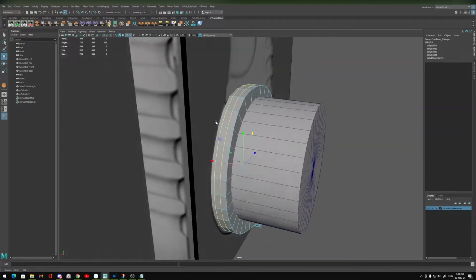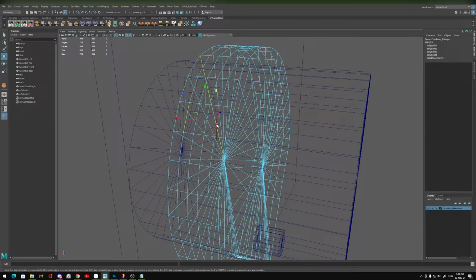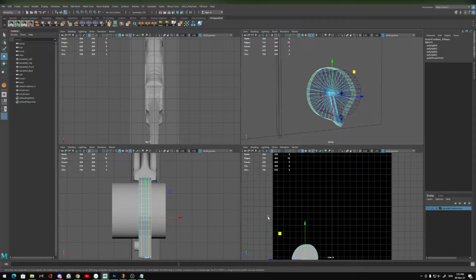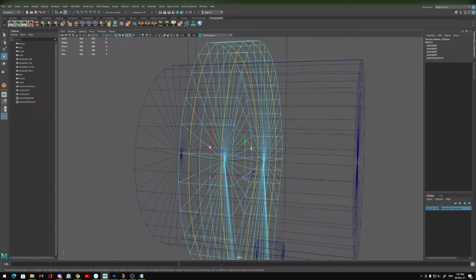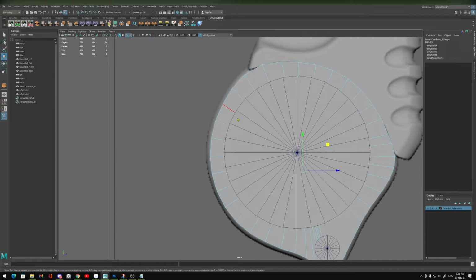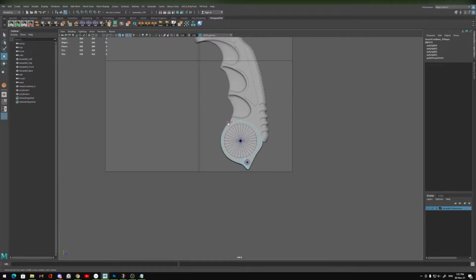And now what we're going to do is select both of these, click A, which will select the edge loop, go to the side. Actually, first, let's do something else. Let's set it up by its end. So select these two, go into here, go into left view, hold W, left click, axes, normal, and click